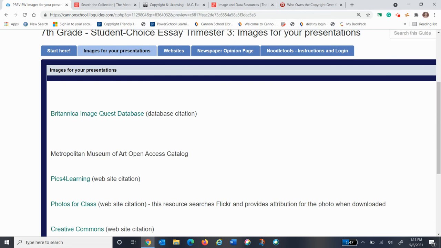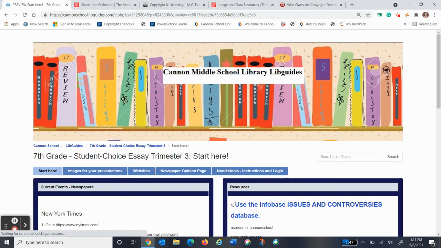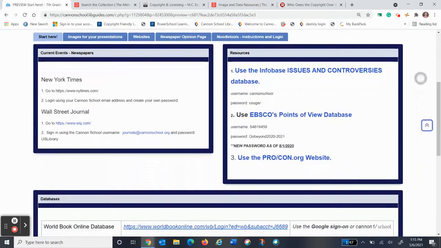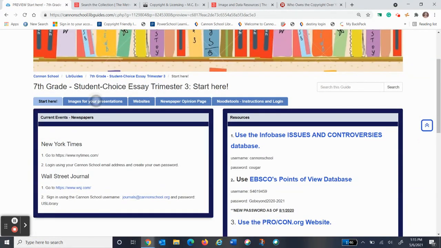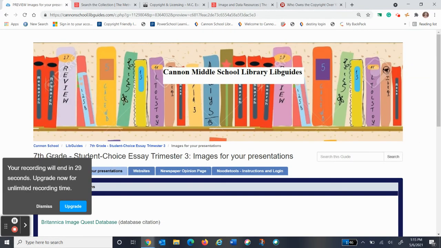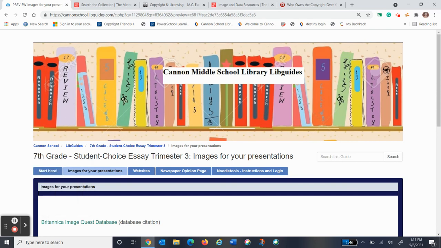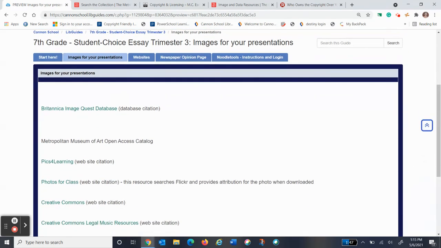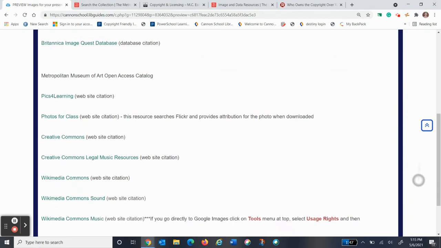So I want you to start here today looking for ideas for your topic. And when you're ready to do your presentation, please make sure you're using only the images that are copyright friendly.